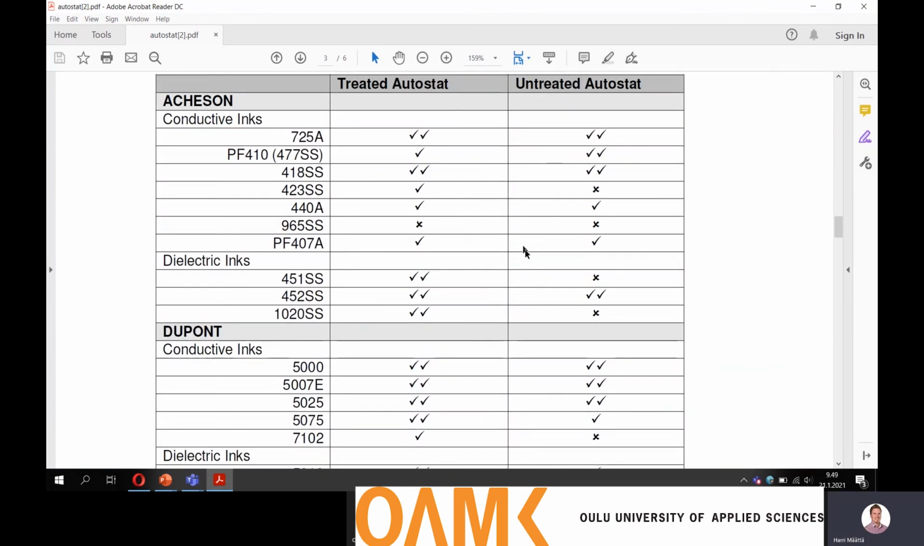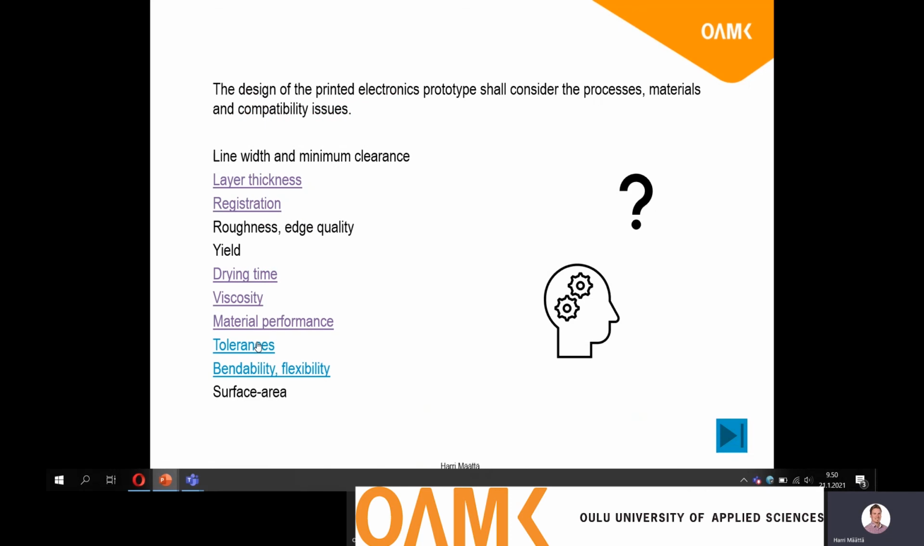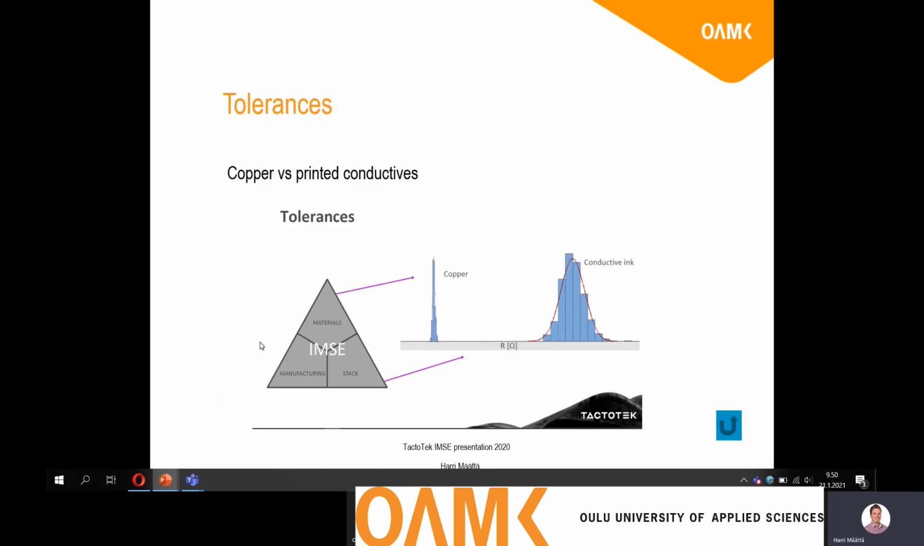Also, the compatibility is here. So something you have to think about also. Then something about the material tolerances. This is from the Tactotec presentation. By the way, these Tactotec presentations are available at the web pages. This is one of the presentations. I think this kind of